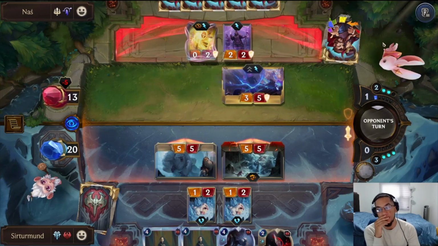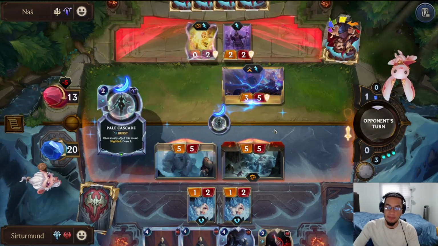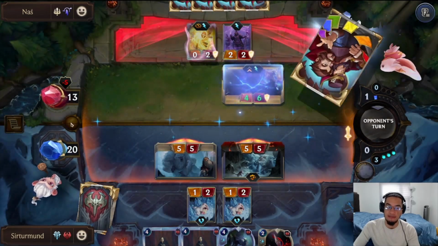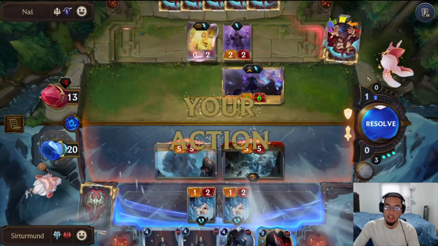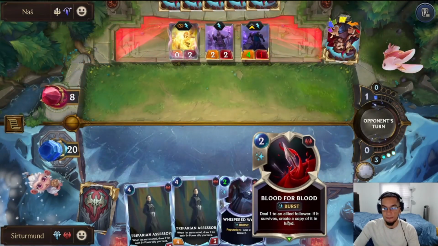What is the opponent looking for with 3 mana? Again, this is what I'm scared of now, right? Pale Cascades, keep it alive. So now if the opponent has the 5-drop, right? So if the opponent has that 5-drop that keeps him like...